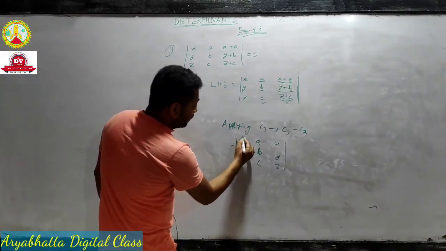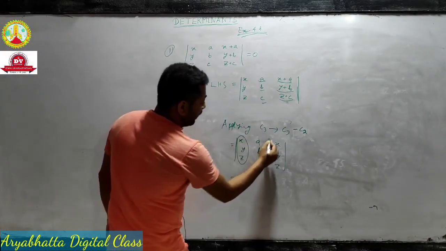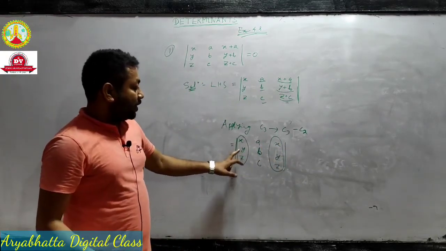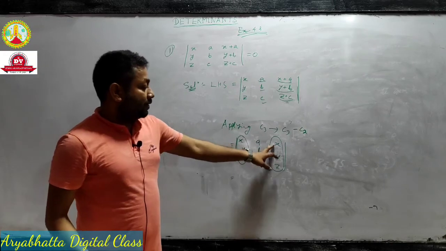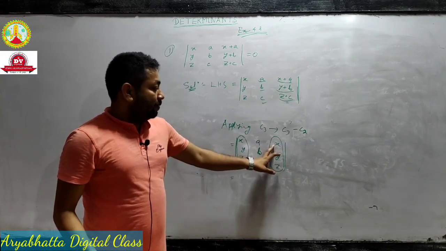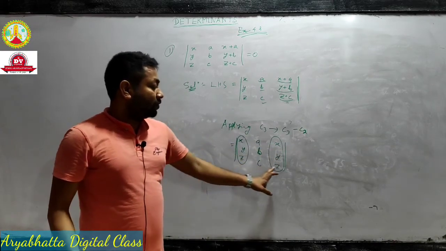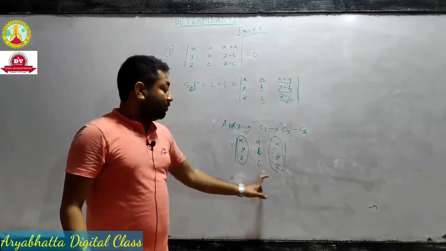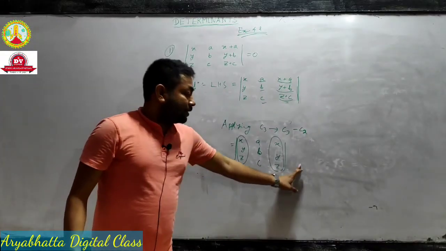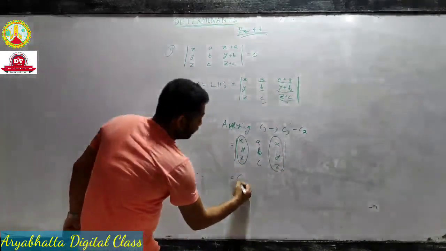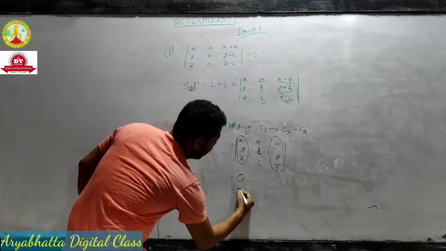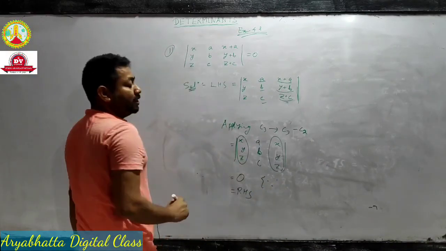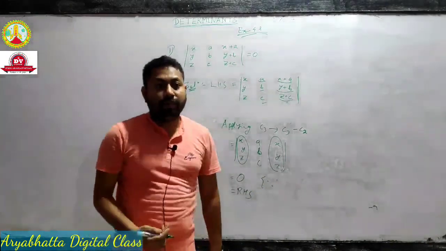Here, the first column and third column are identical; the elements are x, y, z. Therefore, the determinant is equal to 0, which equals the right hand side. Hence proved, since C1 and C3 are identical. Next,